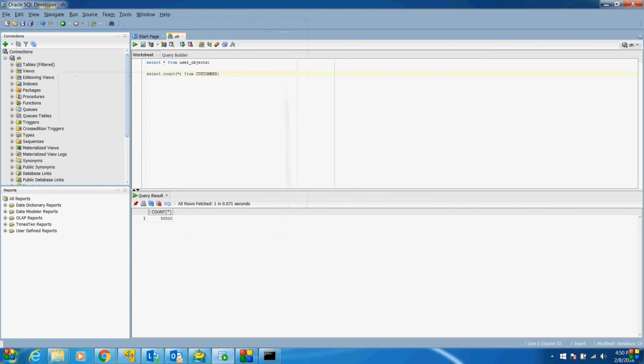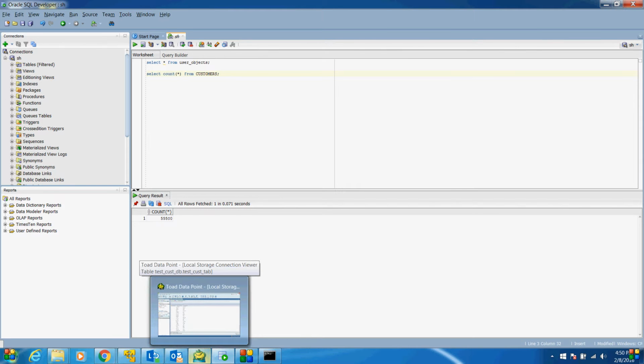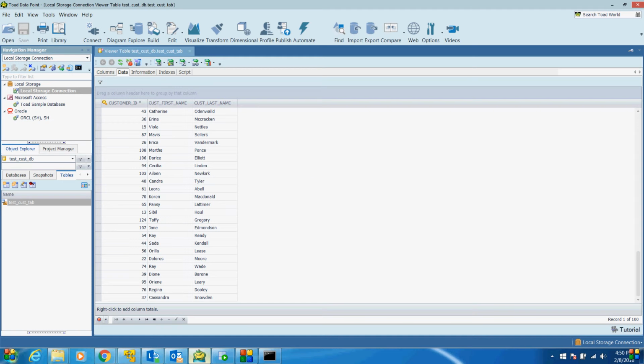But for user-friendliness, we have some tools, like SQL Developer for Oracle and others. Now there is also a new tool, Toad Data Point. It has some extra features compared to the previous tools, like Toad for Oracle or SQL Developer. We just need to know what those features are.